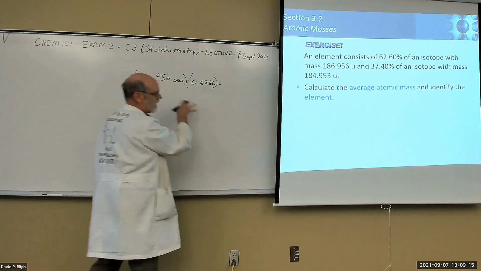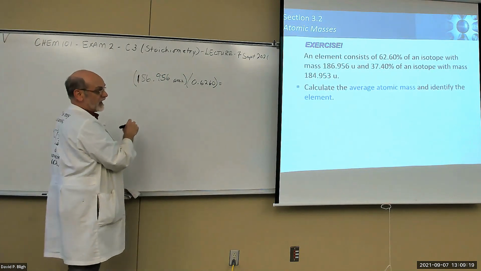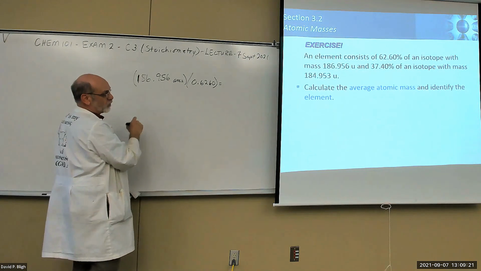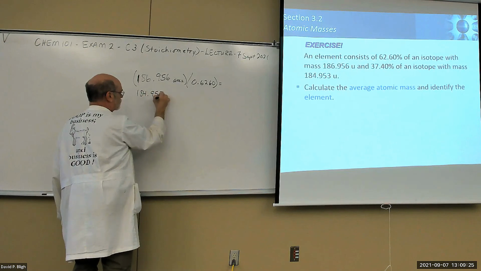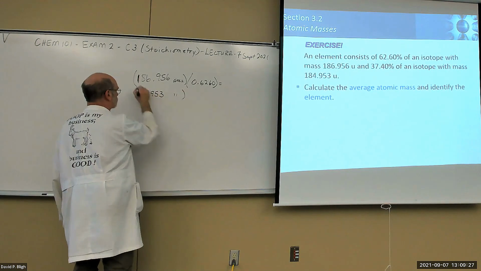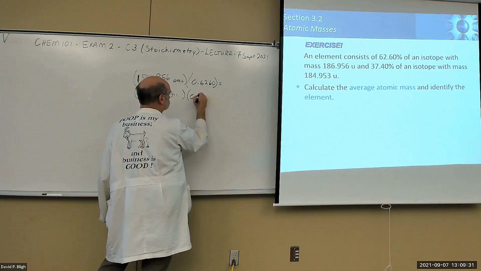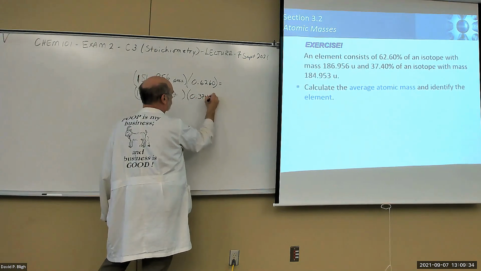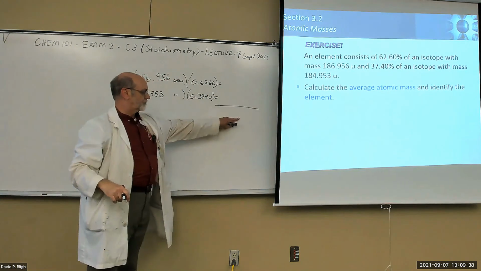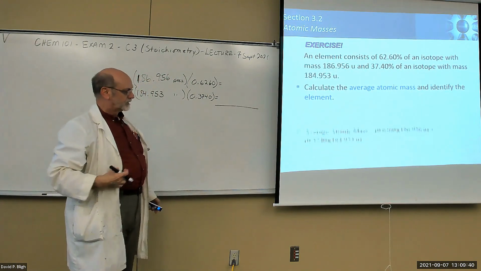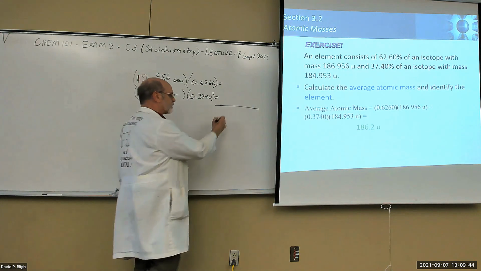Right, that equals a value. That's its weight contribution. And the other one, 184.953, times the lesser, 37.4%. Okay. Whatever that is, add it up. Okay, and when we do that, we get 186.2